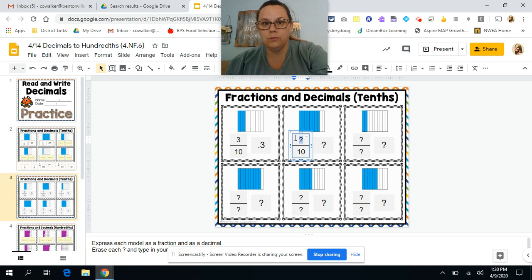8, because there's 8 blue pieces. So now I have 8/10 in fraction form. How am I going to write that in decimal form? So I know I'm going to have a decimal. And then what's that going to look like? It's just an 8. So you've got 3/10 in fraction form and decimal form, 8/10 in fraction form and decimal